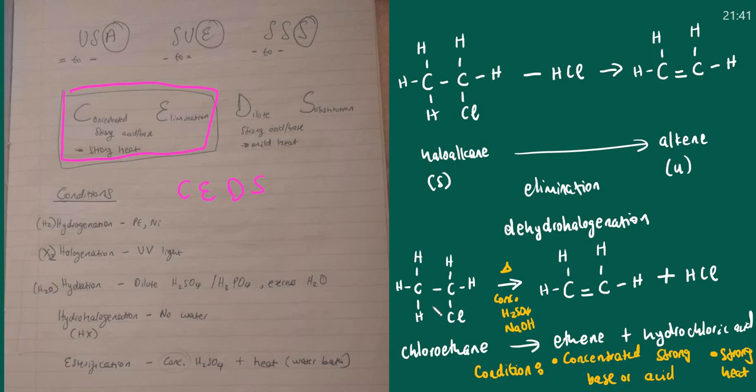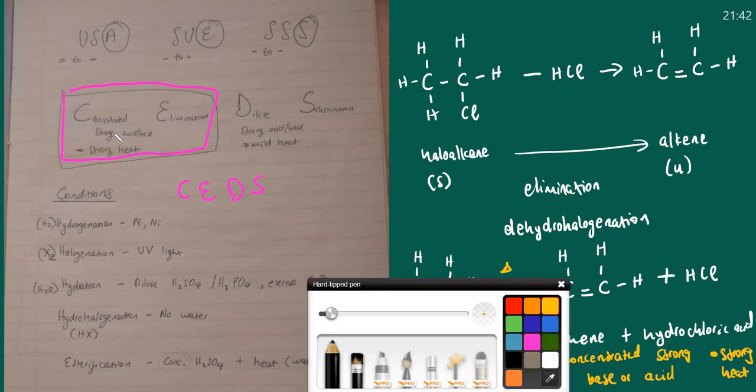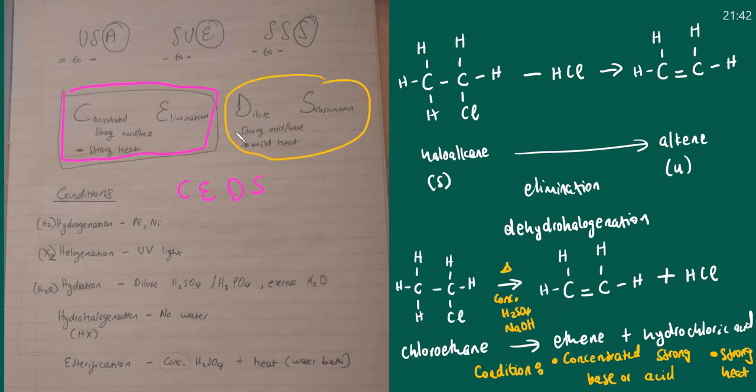in terms of conditions, please quote me well. In terms of conditions, the last one, elimination reaction is an opposite of substitution reaction. Because the conditions for elimination say concentrated, strong acid or base. But for substitution, we say dilute, even though we're still saying strong acid or base, and then we say mild heat. So they are like the opposites. So that will be the DS part. In terms of conditions, elimination and substitution are opposites of each other,